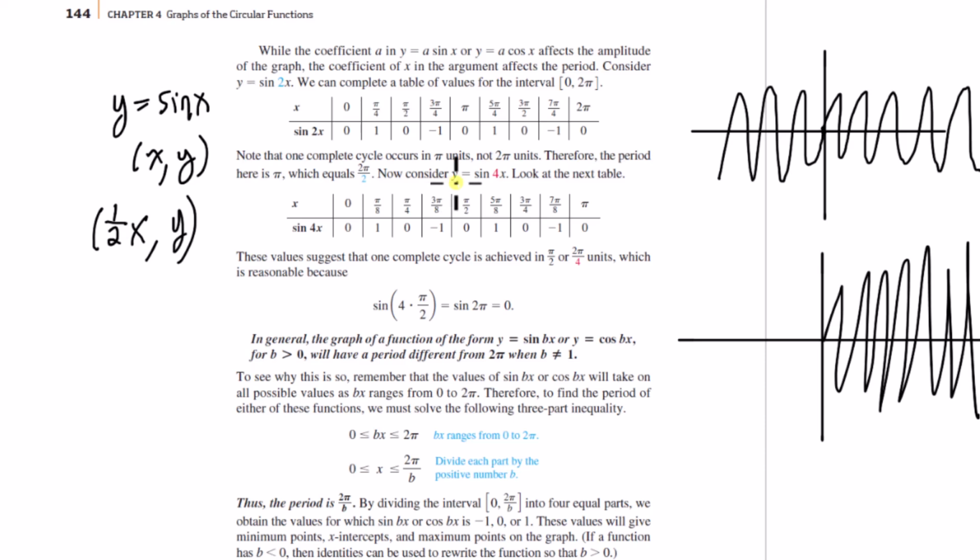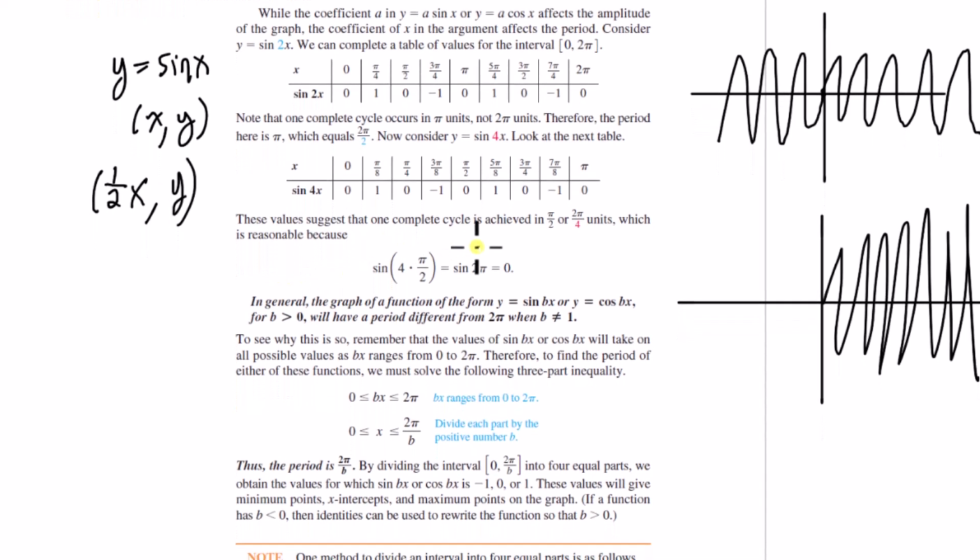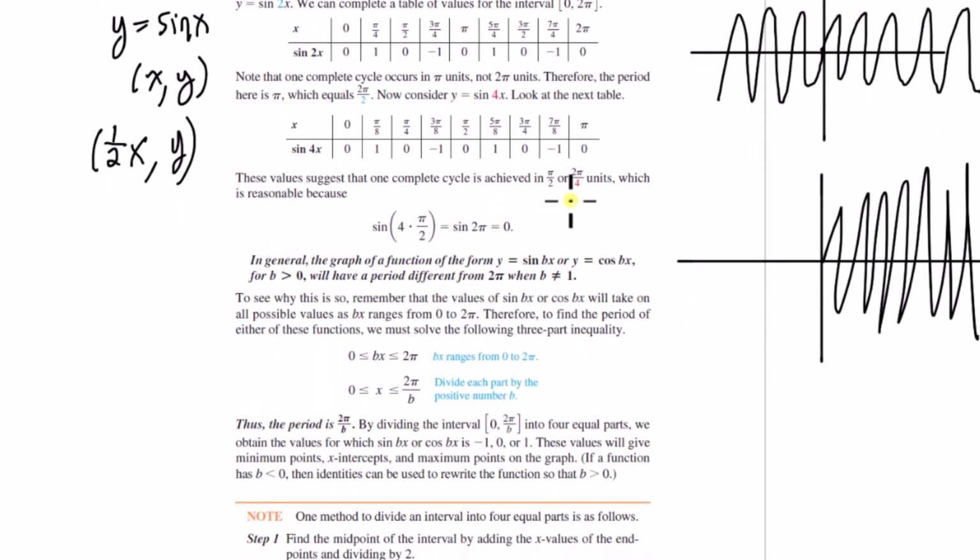Okay, now they say, what is y is equal to sine of 4x? Well, that's going to cut the period by a factor of 4. So you're going to go from 2 pi to pi over 2, right? It cuts the x-intercept locations down by a factor of 4, everything. It gets shrunk along the x-axis by a factor of 4. So these values suggest that one complete cycle is achieved in pi over 2 units, which is reasonable because sine of 4 times pi over 2 is, yeah,